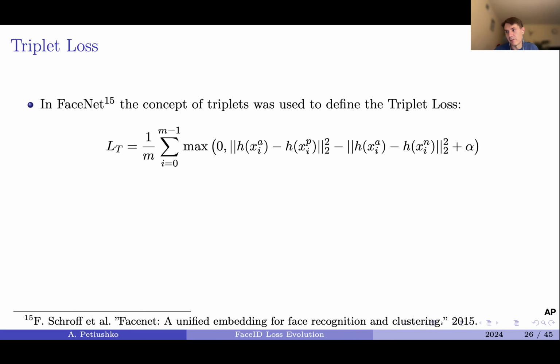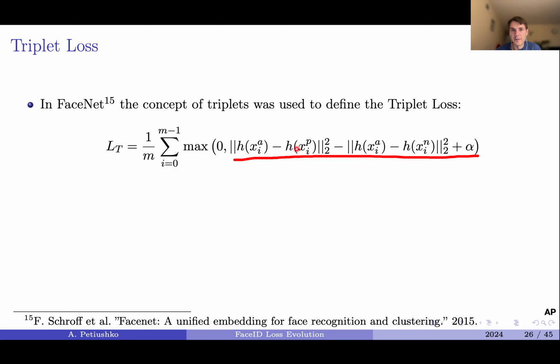And so this is the idea that has been used in FaceNet, and this is a super valuable thing that has been introduced in this FaceNet paper. I really encourage you to read this paper. It is nicely written in 2015, and the concept of triplets was used to define the triplet loss. And what we can see here is the sum over all training examples, maximum of 0, and this is